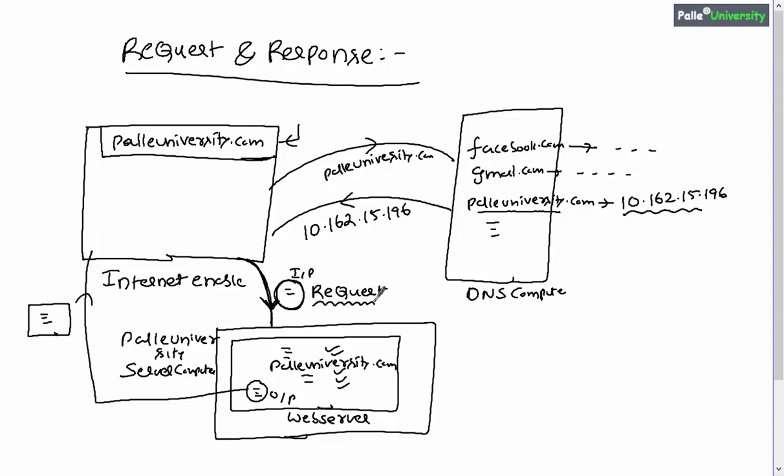And once the web server executes the code, the output will be sent back to the corresponding browser computer. That output which is sent from the web server to the browser is technically called a response. So you must remember this: the data which comes from the browser to the web server is called a request, and the data which goes from the web server to the browser is technically called a response. Let me mark this one as browser. The browser can be any kind of browser. It can be Google Chrome, or Internet Explorer, or any other type of browser. So the browser type actually doesn't matter.